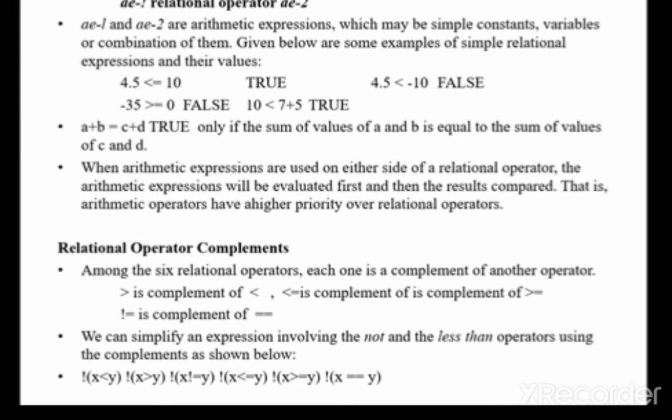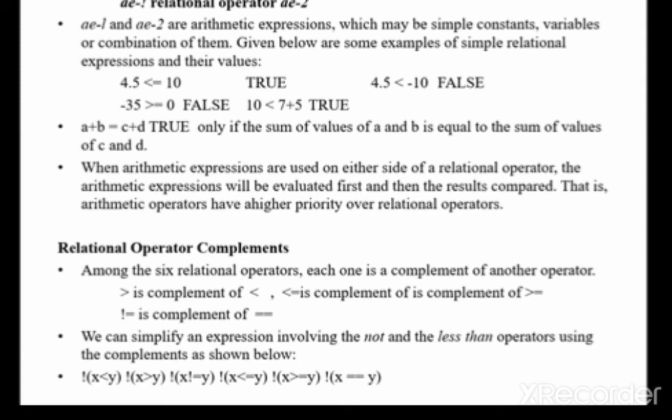Then AE2 is again an arithmetic expression that may be a simple constant or variable or combination of constant and variable. So it takes the general form AE1 relational operator AE2.